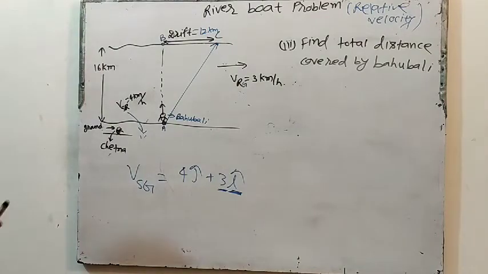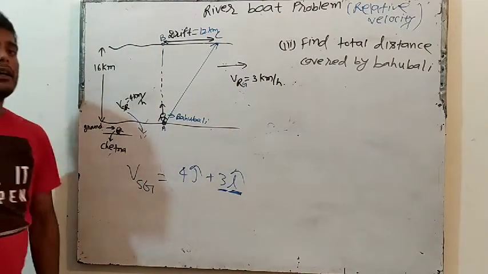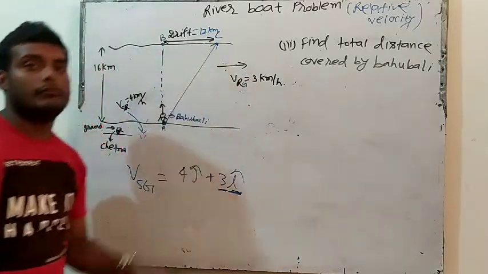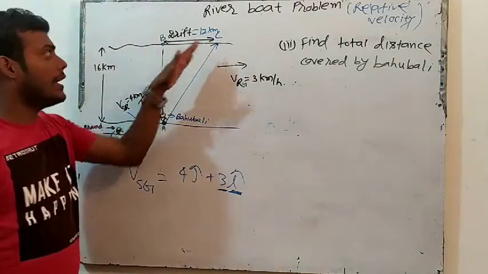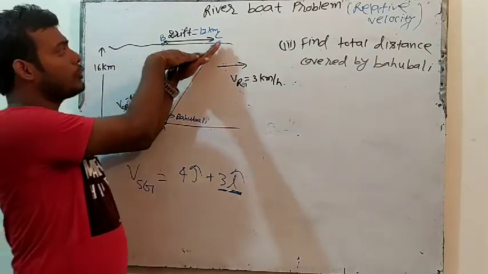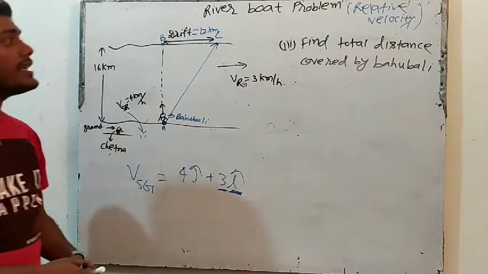तो एक्चुअली बाहुबली कहाँ जा रहा है? A to B थोड़ी कर रहा है. Bahubali is actually not going from A to B. He is going from A to C. His actual path is like this. Because when he wants to go like this, but Levi is pushing them now, so he will go like this. So AC is the actual distance.